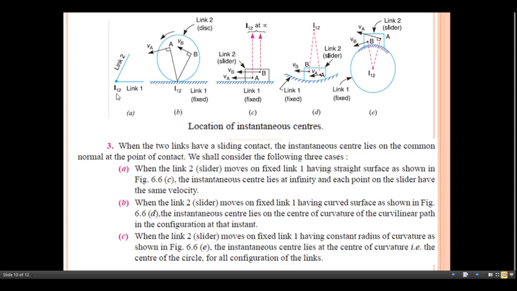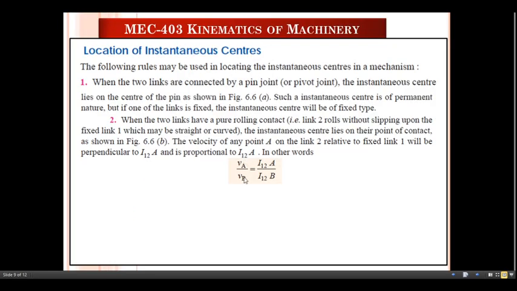Now I can get that relation. Here we have the I12 point. Here is point A, and here is point B, which we consider on that disk. If I join this point A with the point where the contact of this disk takes place with this flat surface, and similarly join this point B with it, and draw the perpendicular line to each, we can get the velocity components. So we can write that relation in this way: VA divided by VB equals I12A divided by I12B.